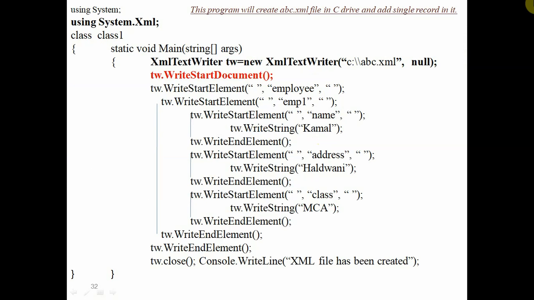So the benefit of using this type of program in XML is that we can use a for loop, while loop, and any programming concept with XML. Without C#.NET we cannot use programming concepts in XML, we cannot use variables, for loops or arrays, but with the help of programming we can use everything. So to make XML more efficient, we are using C#.NET programming here.